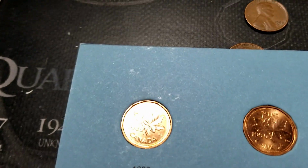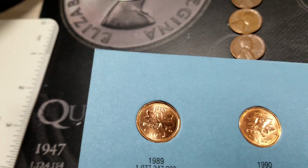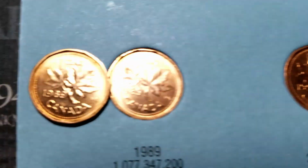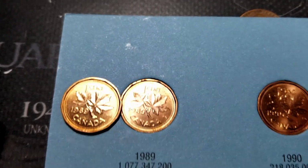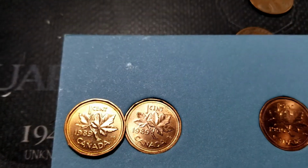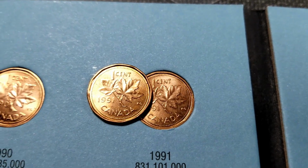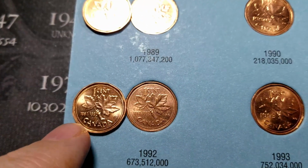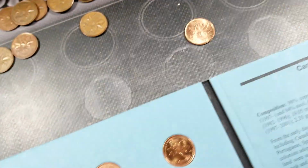And let's take a quick look here at the more modern stuff. So we got an 89 there. It's pretty decent. It's just the way the light's shining out. It looks really good. Yeah, it's going to be hard to beat that, I think. This is a nice 89. Yeah, pretty darn close. I would say, though, that that new one is actually a little bit nicer. So we will replace that 89. What else we got here? 91. And the 91s, again, really close. I got pretty good ones in here, so it's going to be hard to replace anything here. That 92 is definitely a better looking one, though. So definitely replacing that 92. The 93...